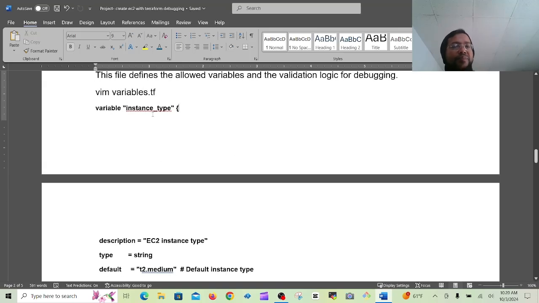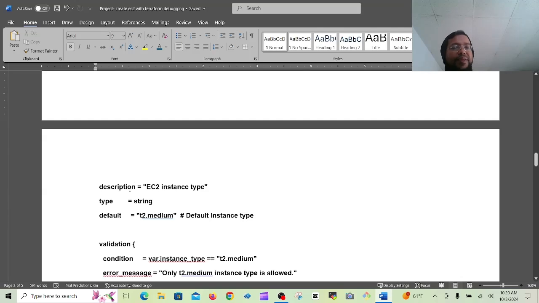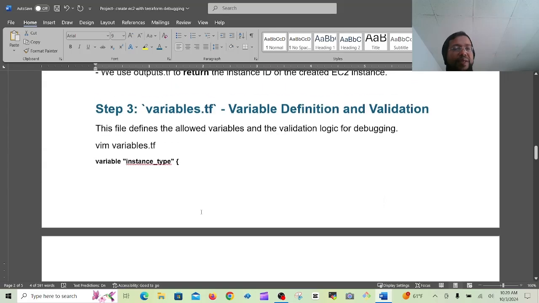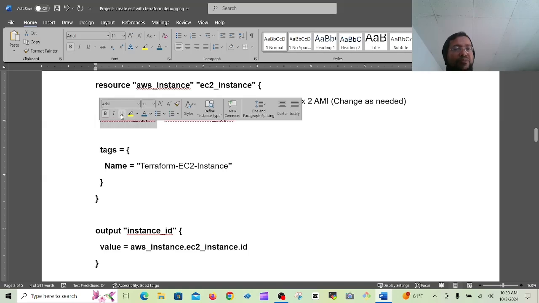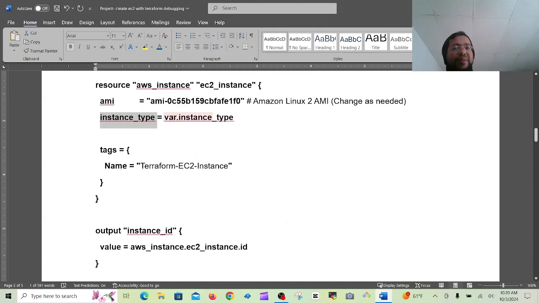Then variable, then what's the name here? Variables, yes. Instance type, then description: EC2 instance type, string, default T2 dot medium. Instance type has come here. So this T2 dot medium will be passed here. See here, instance type as a whole will find the result like T2 dot medium because of this var